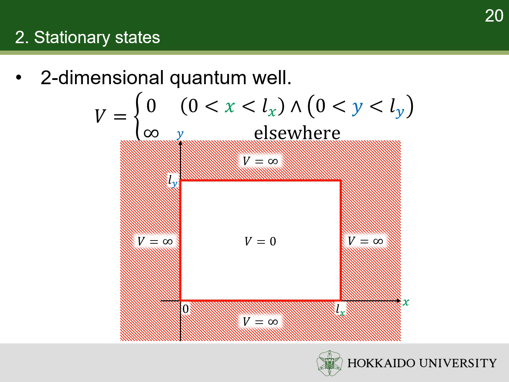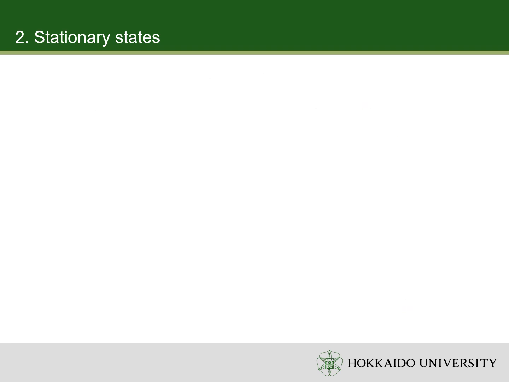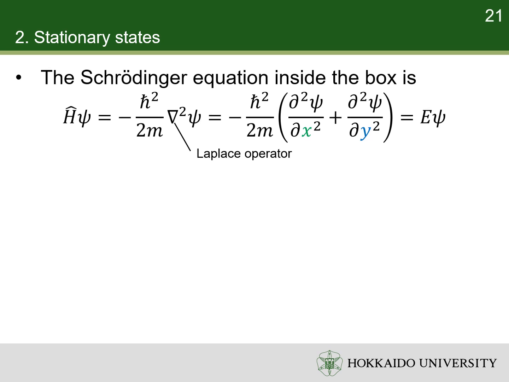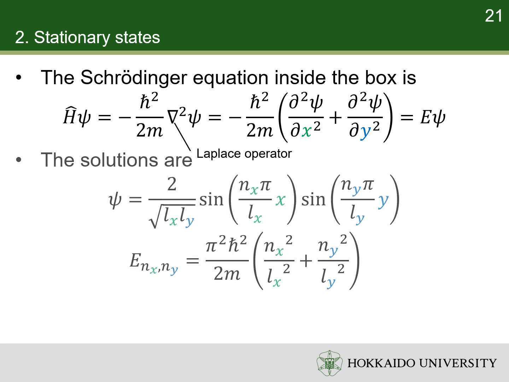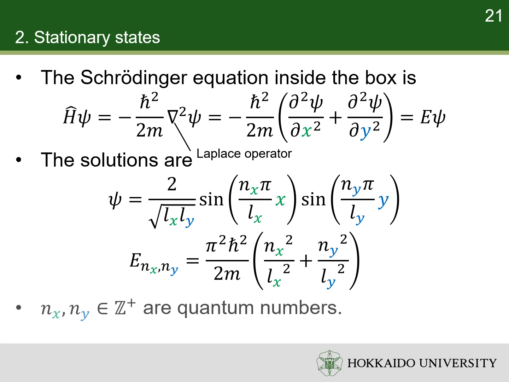If a particle is trapped in a two-dimensional well, it may freely move in the xy plane, between barriers separated by lengths Lx and Ly respectively. The kinetic energy in two-dimensional space is a Laplace operator. The stationary states and their energies may be calculated using a similar approach to that of the one-dimensional well with the help of separation of variables. Here, nx and ny are quantum numbers. There are two quantum numbers because the particle has 2 degrees of freedom in motion.